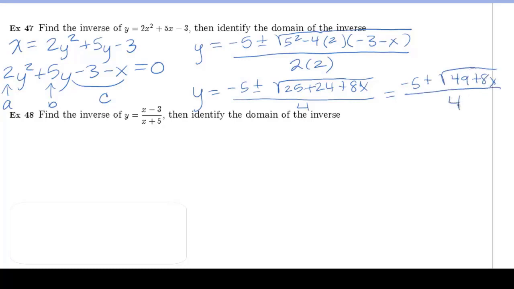Again, we can check to make sure this works. I don't quite have the room here, but you can check that yourself to make sure that f of f inverse gives you x, and vice versa. As well, the domain here,